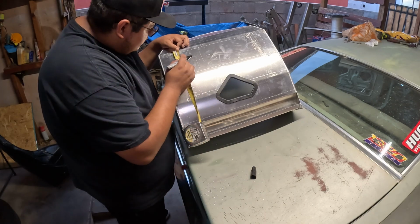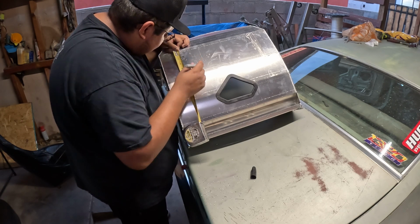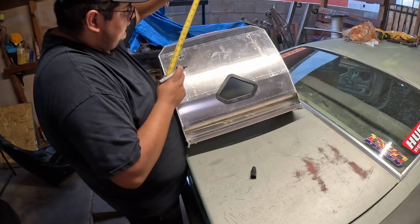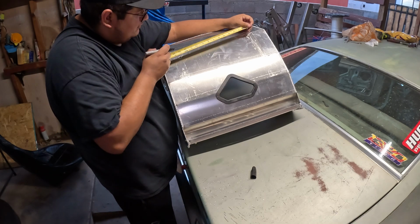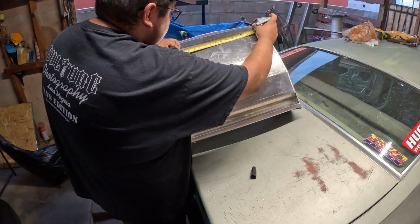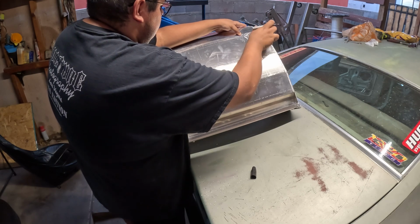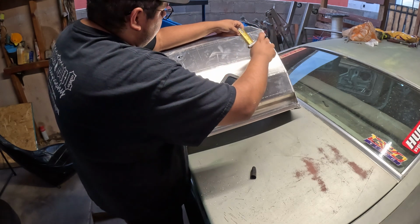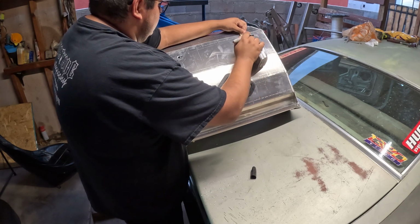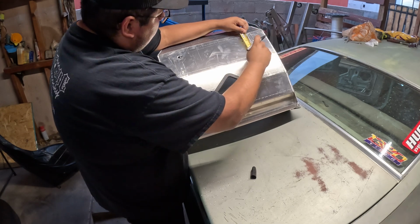So from the end of the bend to the center of the hole, we're looking at about 1.5 inches. So this is just going to be an arbitrary line over here somewhat. We'll just measure center to center. About 12 inches would be there. And then from there, we'll measure down 1.5 inches, and we're going based off of the center, or off the end of that bend, so you can